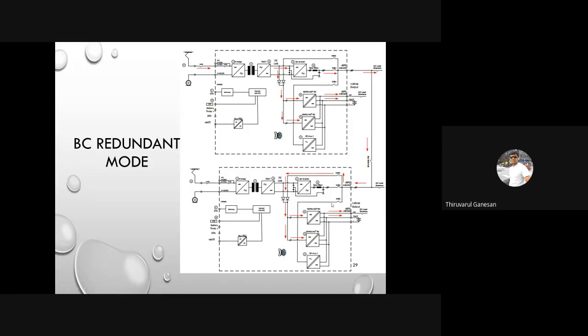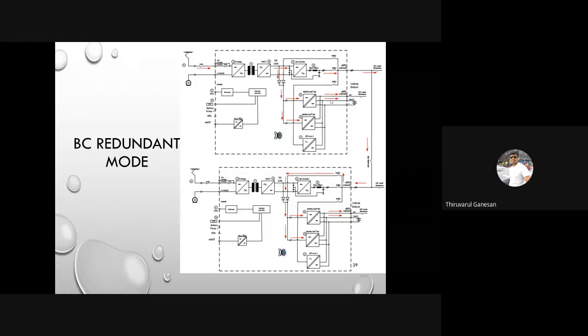I am not able to charge my battery in the 3rd car, or maybe in a 4-car configuration. Maybe 2 cars can be supplied with 1 battery charger, and another 2 cars with another battery charger. If the accelerator converter of cars 3 and 4 failed, it's not possible to charge my 110 volt control supply, and this is called a redundant mode. In this redundant mode, I should get a supply from the first battery charger or first accelerator converter, and it will be like the normal mode of operation.